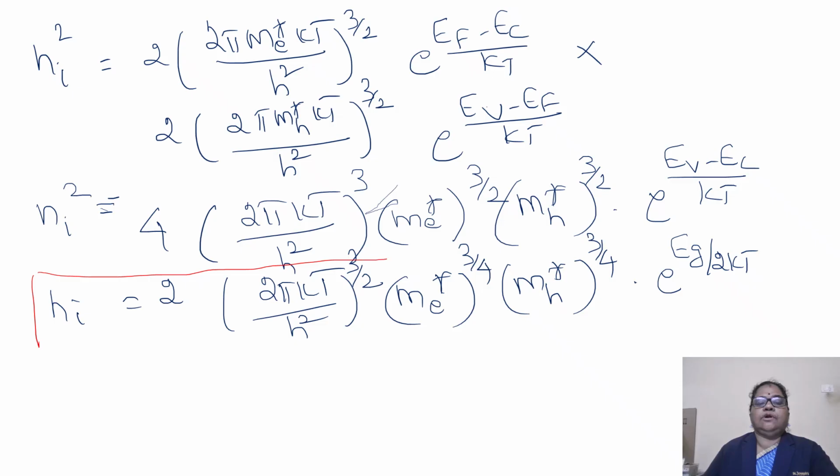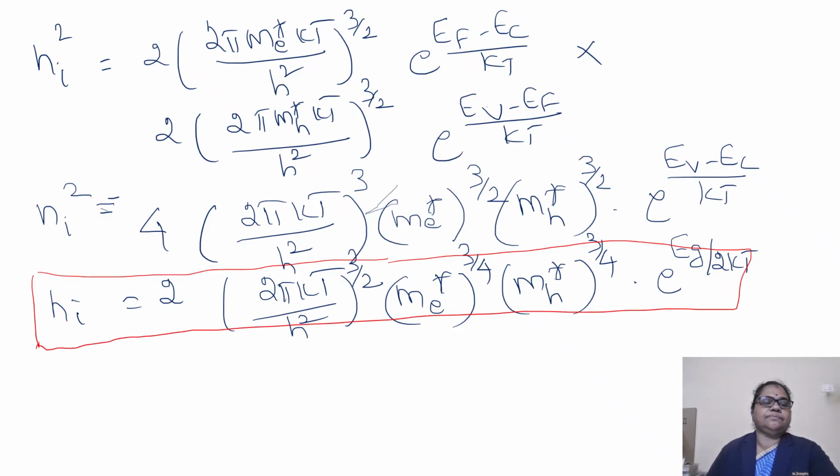So we can derive, at last, the final expression for intrinsic carrier concentration that is represented by the letter n_i. Even if we arrive at the intrinsic carrier concentration, we should know the Fermi energy level of intrinsic semiconductor, because that is very important. With that only we can get the number of electrons in conduction band and number of holes in the valence band. So next we move on to the effect of temperature on the Fermi level.